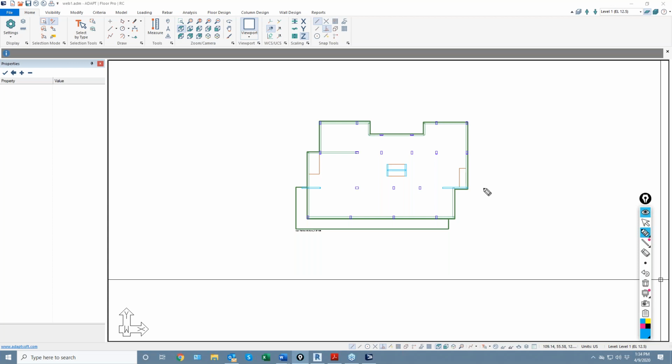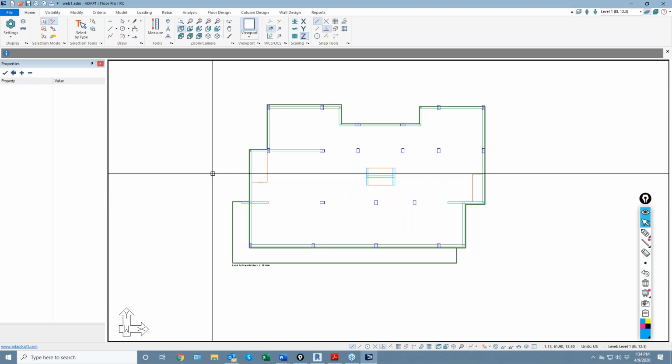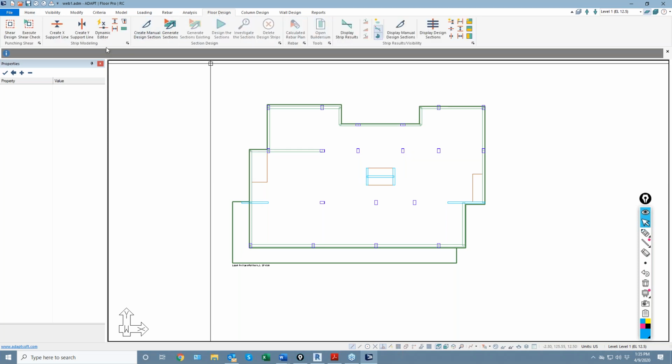So in Adapt, there's a couple of ways to do this. For those of you who have used Adapt in the past, there were some improvements made between version 2019 and the versions prior to that, where we loosened up the requirements of these components that we call splitters. So I'll talk a little bit about splitters, but we're going to show you how we can go about modeling